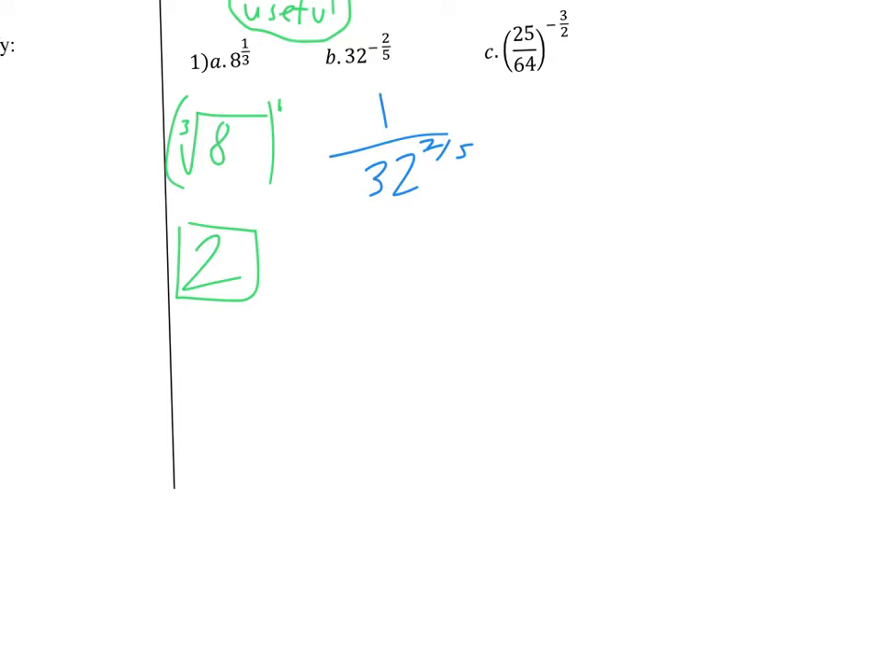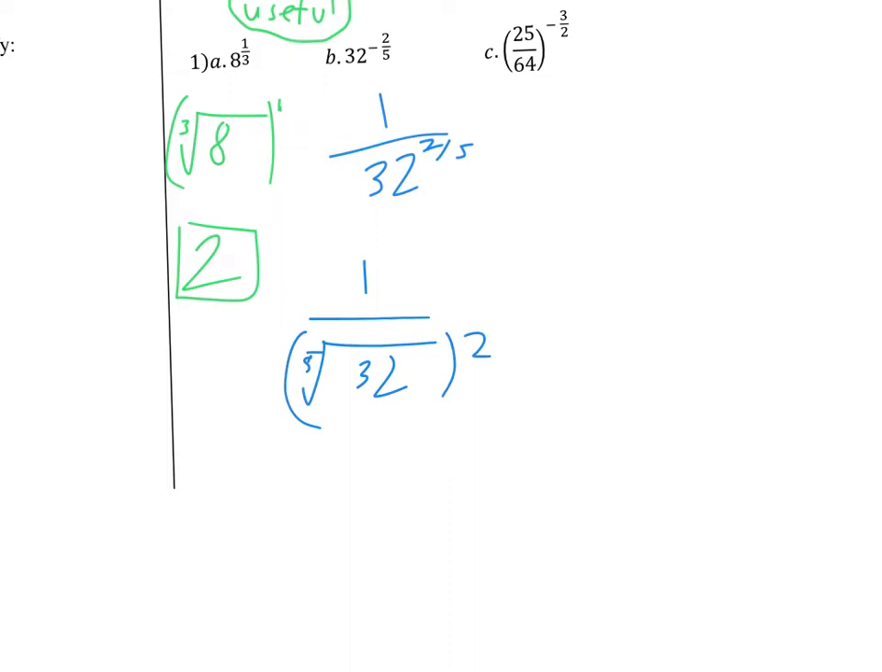Now notice as well, I'm not flipping the 2/5. That's staying the same. I'm really flipping the base. The base is going down to the bottom. The 2/5 is staying as is. All right, so now I'm going to convert this into a root. So it's the 5th root of 32,